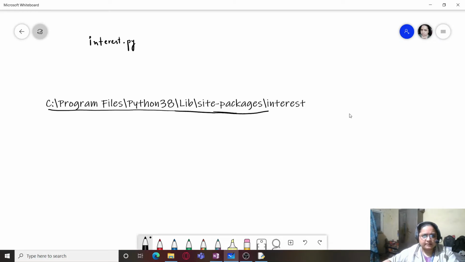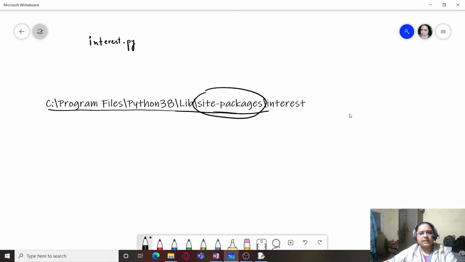The location is C, Program Files, Python 38, lib, site-packages. Site-packages is the location which contains all our packages and the modules within them.